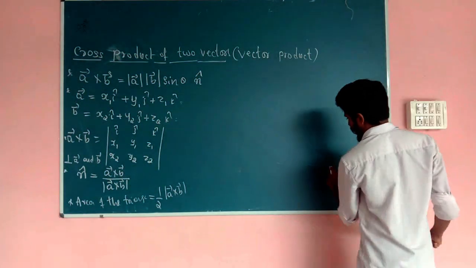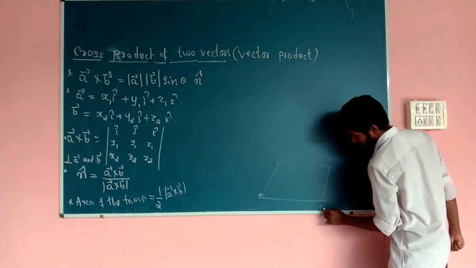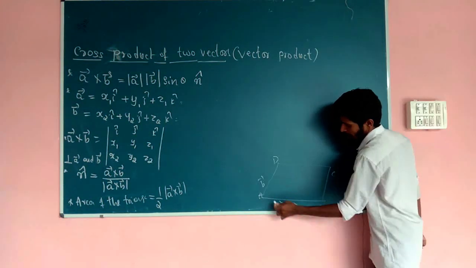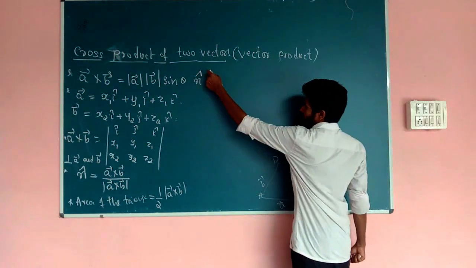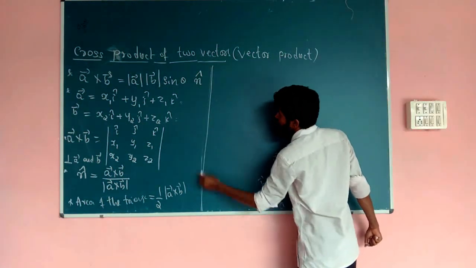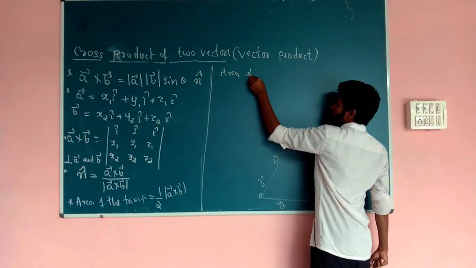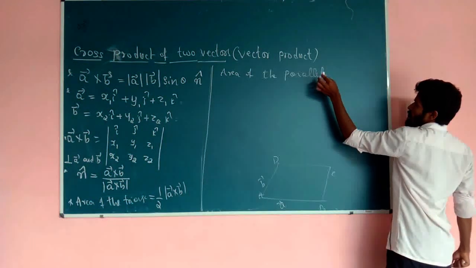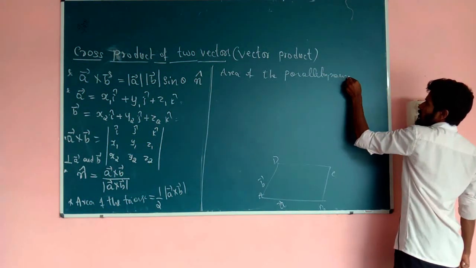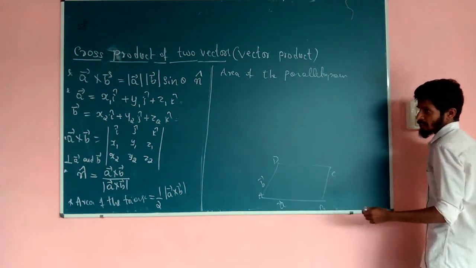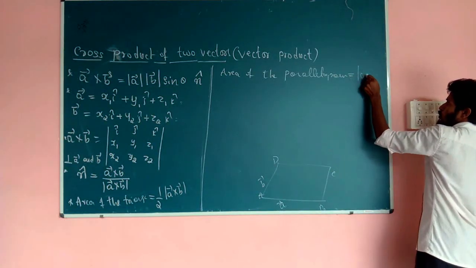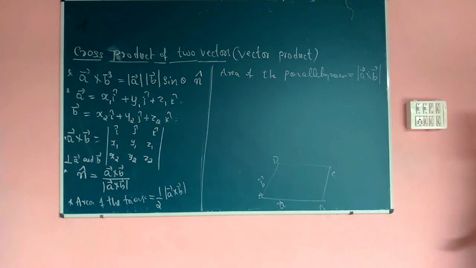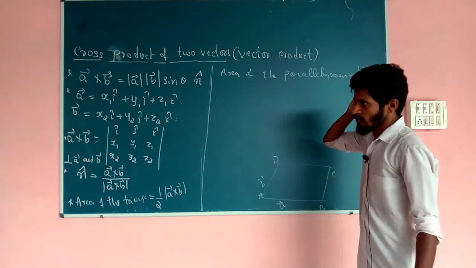If vector A and vector B are the two adjacent sides of a parallelogram, then, using vectors, the area of the parallelogram is equal to magnitude of A cross B. Magnitude of A cross B. Next,